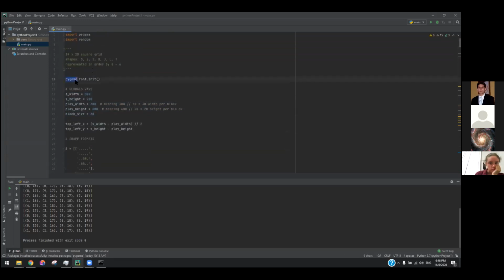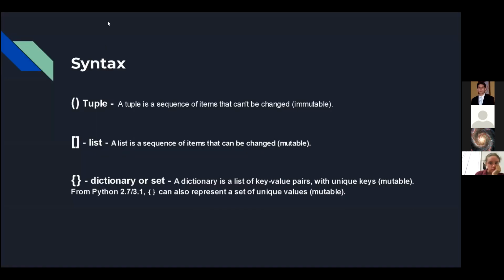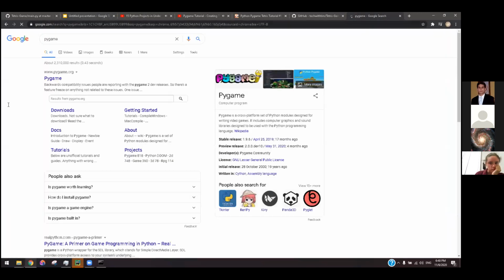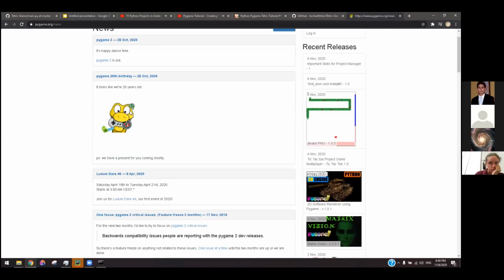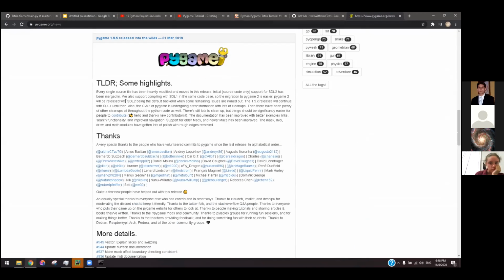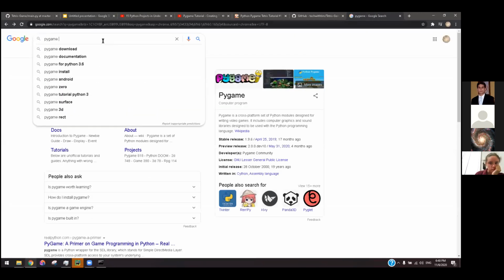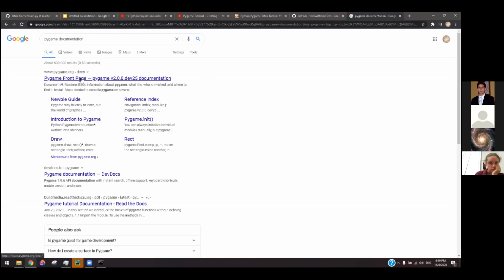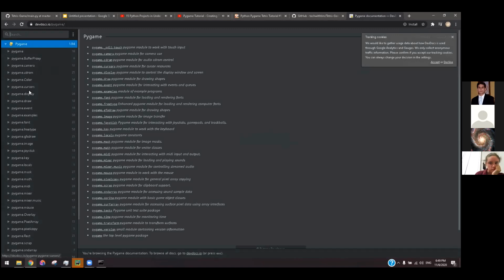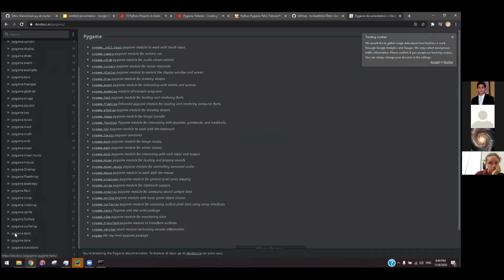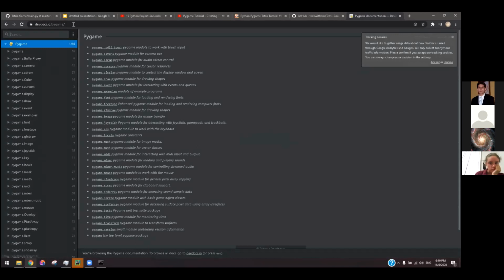And we also, from Pygame, and to learn about these functions, you want to just go to their website and read about it. They're usually going to have a nice documentation about how to use their functions and their methods and everything like that. So there's a lot. Every module will have a lot of good stuff in there. So it takes a minute to go over all of it. So if you want to check it out, just check it out.